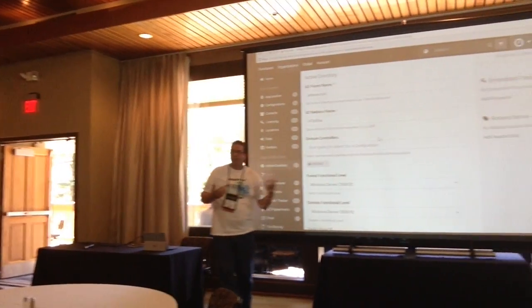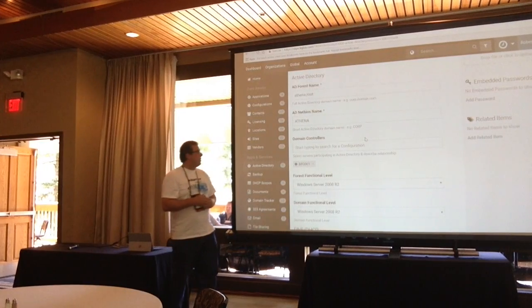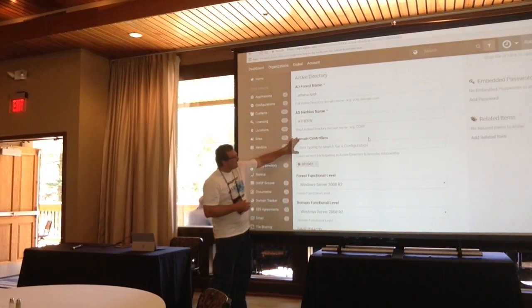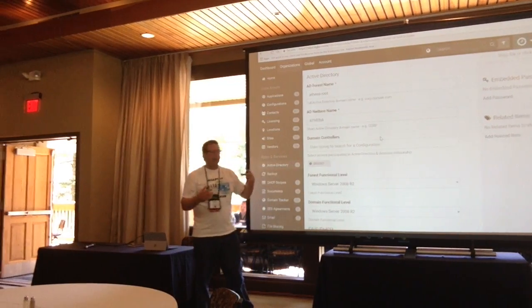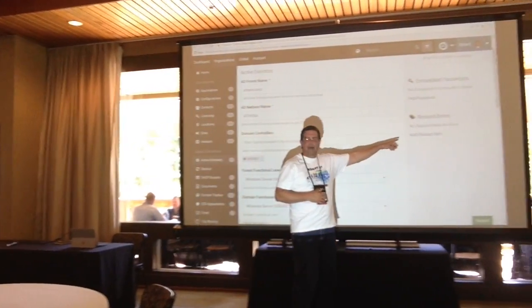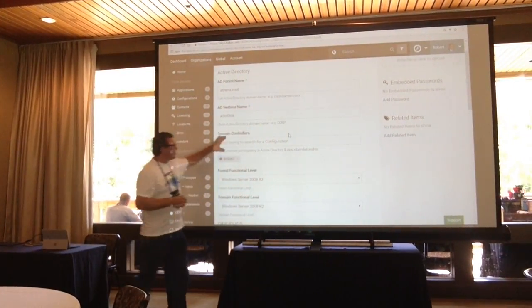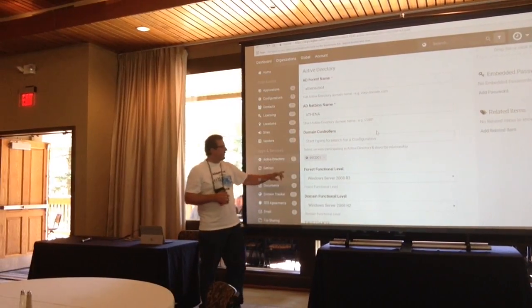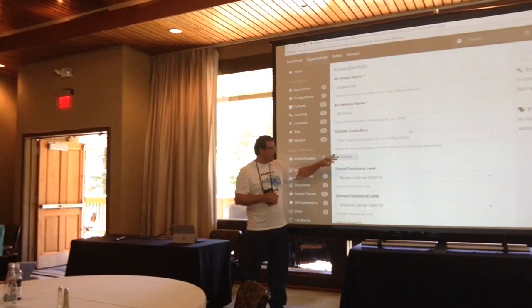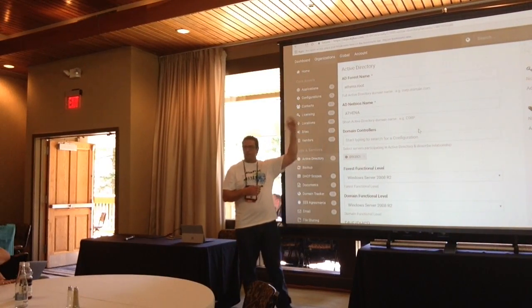Obviously, what's the forest name? What's the net and BIOS name of the domain? Who are your domain controllers? So this section right here is a lookup or an inline association. It's very similar to the related items section, but this is actually done inline as an attribute. I have more domain controllers than this, but just for demo purposes, I just imported one into the configuration